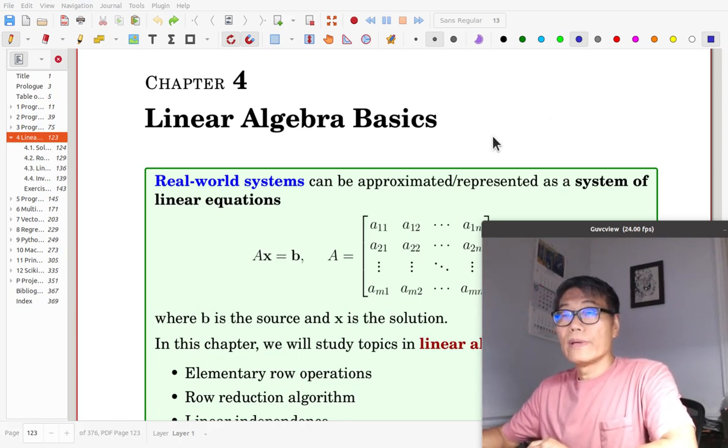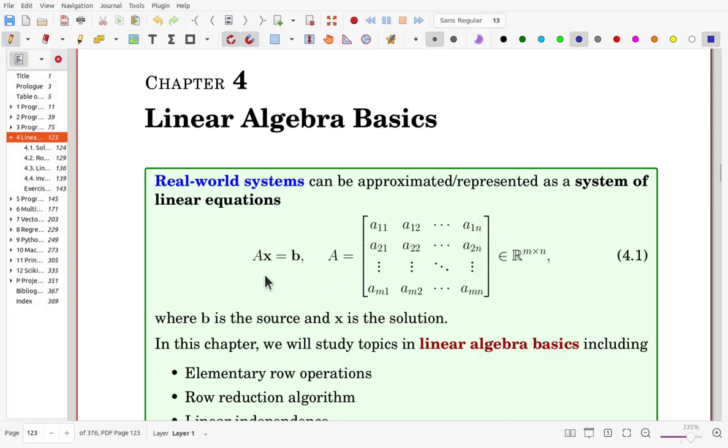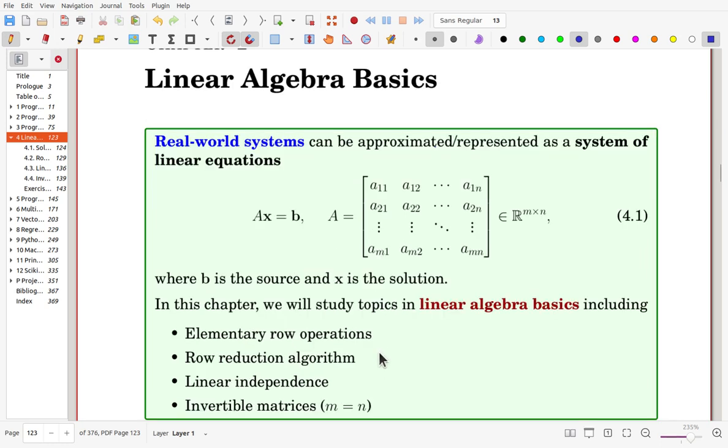Chapter 4, Linear Algebra Basics. Real-world systems can be approximated or represented as a system of linear equations, Ax equals b. Here, b is the source vector and x is the solution. In this chapter, we'll study topics in linear algebra basics, including elementary row operations, row reduction algorithm, linear independence, and